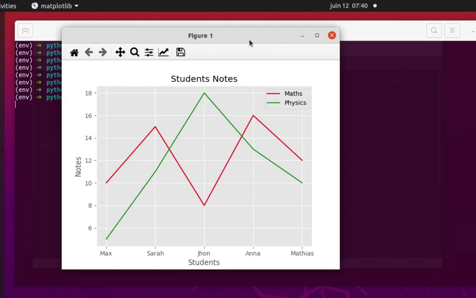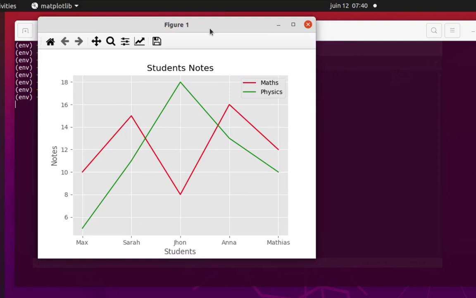Okay, so in this video I just showed you some basic things in order to display your data using the Matplotlib library. As always, I hope it has been informative for you,